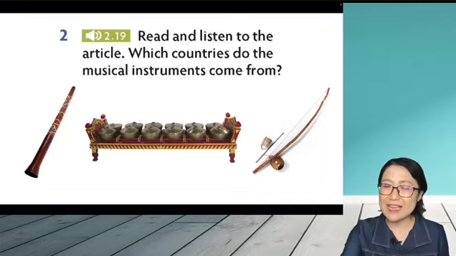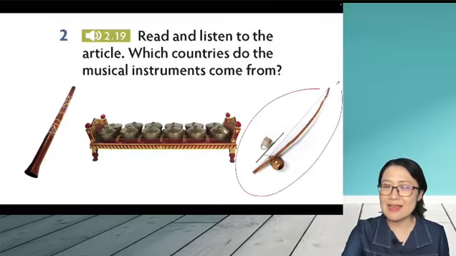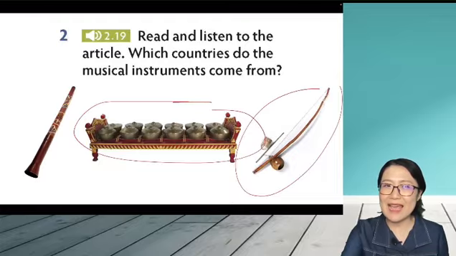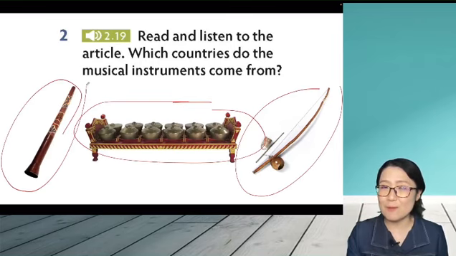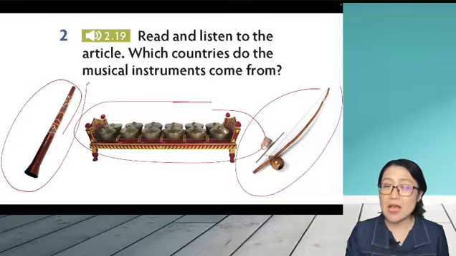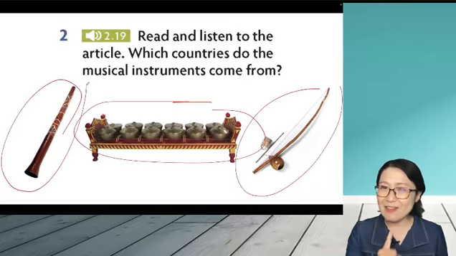And now we are going to read and listen to the article, and then we can find out which country do the musical instruments come from. So in this passage, we will find out 3 musical instruments. You see here, this one and this one. 哎，一看像好几口锅，对不对？ And this one, all right? So you need to listen and find out where are they from. Okay, you need to give me the country names, all right? And now let's do it.